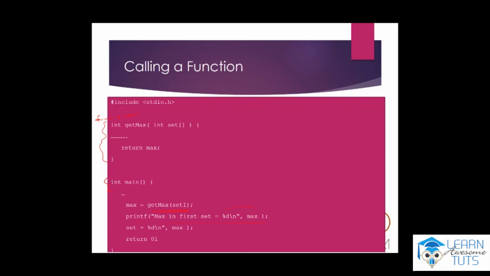and then we will print the value set equal to %d max, and then we will return 0. This is actually wrong. We'll return 0, and I'm sorry. This means actually that even the main function will wait for something to be returned, and we will return at the end of the program the number zero. So this is an example of how we can write code to call the getMax function, and here is the getMax function,